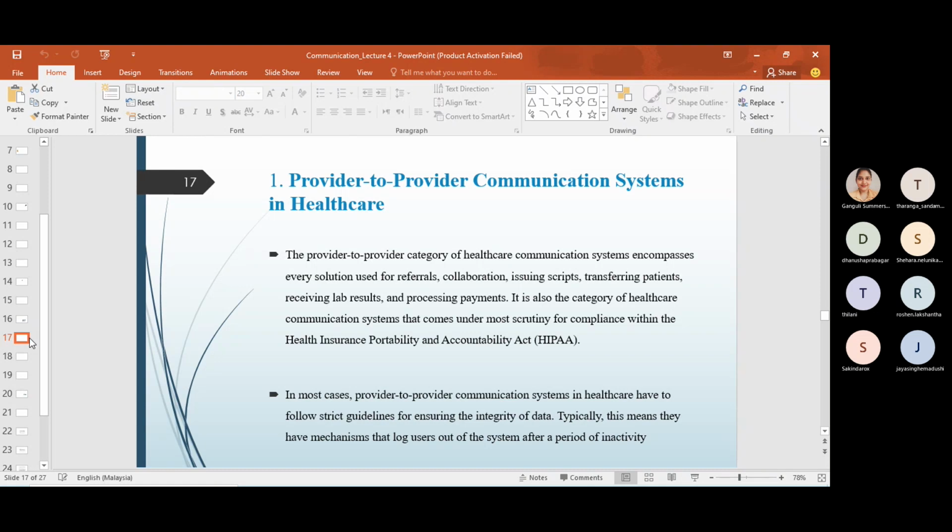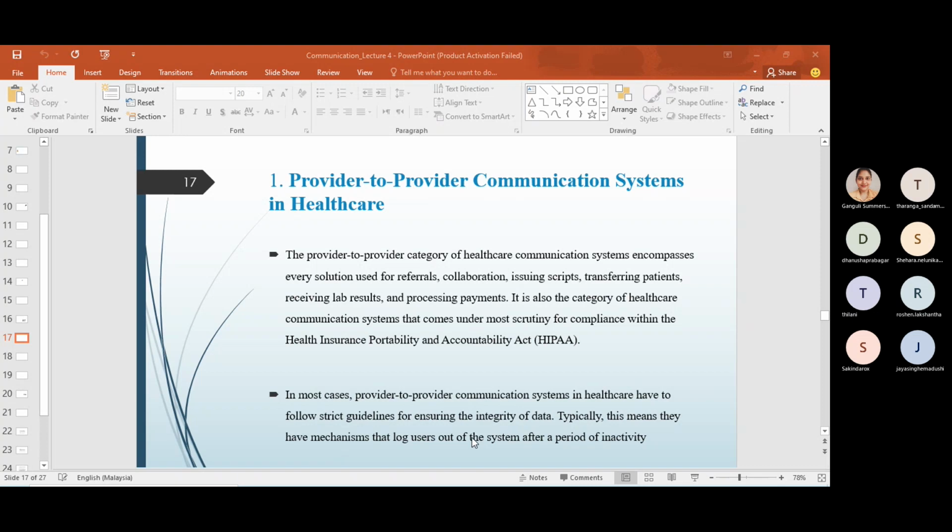Okay, so these provider to provider communication systems should comply with the HIPAA Act. HIPAA stands for Health Insurance Portability and Accountability Act. Okay, so in most cases, provider to provider communication systems